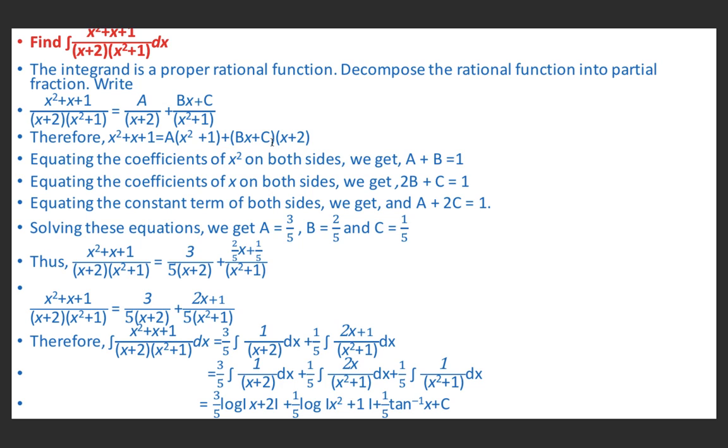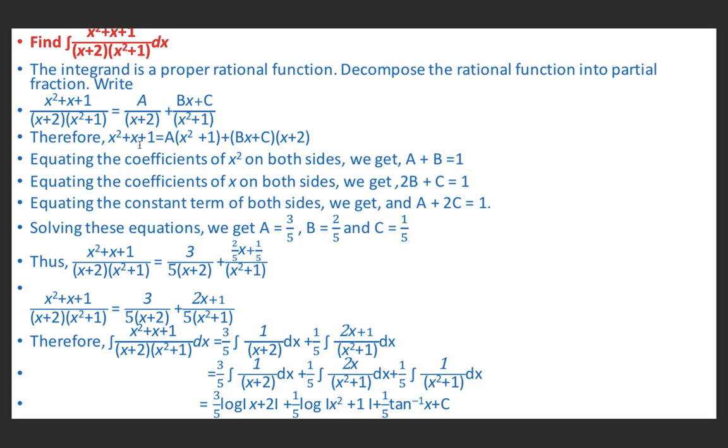Now to find the values of a, b and c, we will equate the coefficients of x square, x and constant terms on both sides. So on the left hand side the coefficient of x square is 1. On the right, the coefficient of x square is a if we multiply by a. Then you have bx and x, so if we multiply these two, bx into x gives bx square, so the coefficient of x square is b. So a plus b equal to 1.